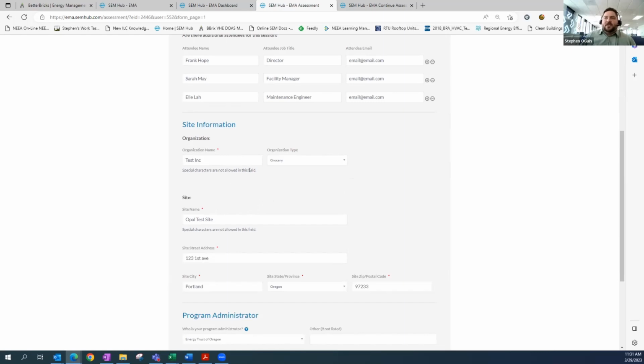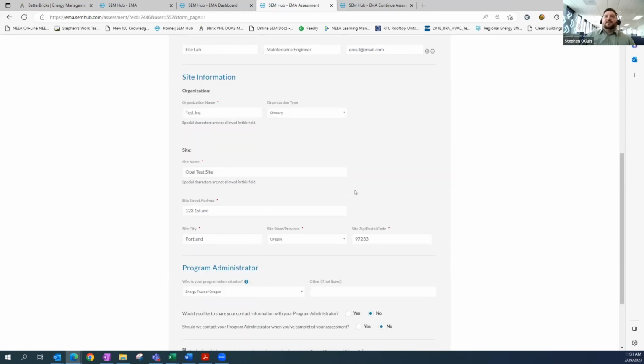What is the organization's name? What type of organization are they? There's a whole list of different types of commercial and industrial business types. The specific site name that the assessment is occurring at. So if it's a chain or something, they can identify if they're in the downtown location or the east side